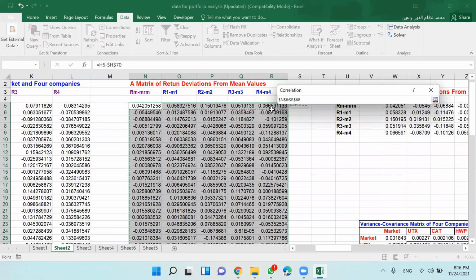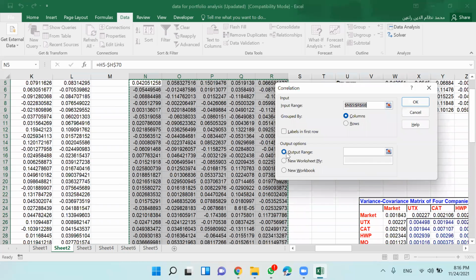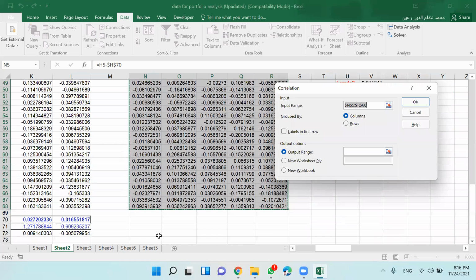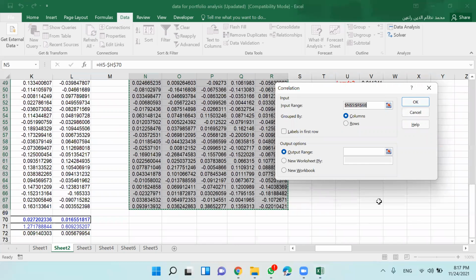I want to calculate correlation, and this is all the variables. Output range: where do I want to have the output?